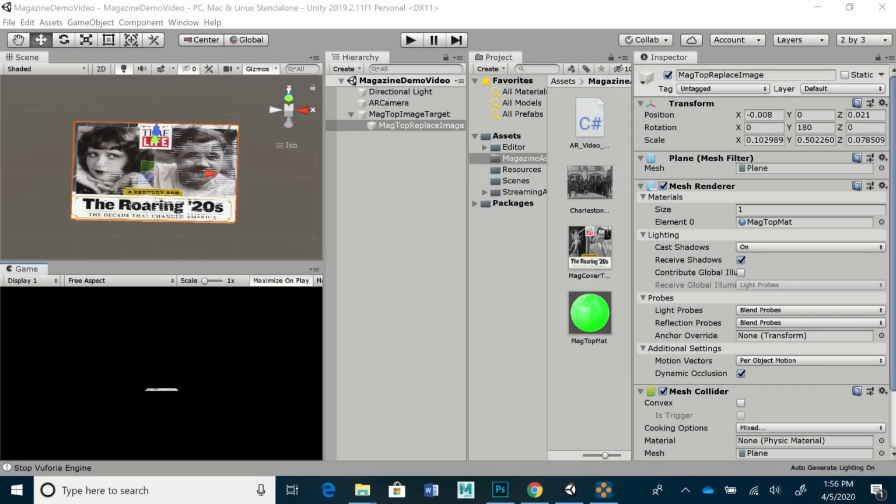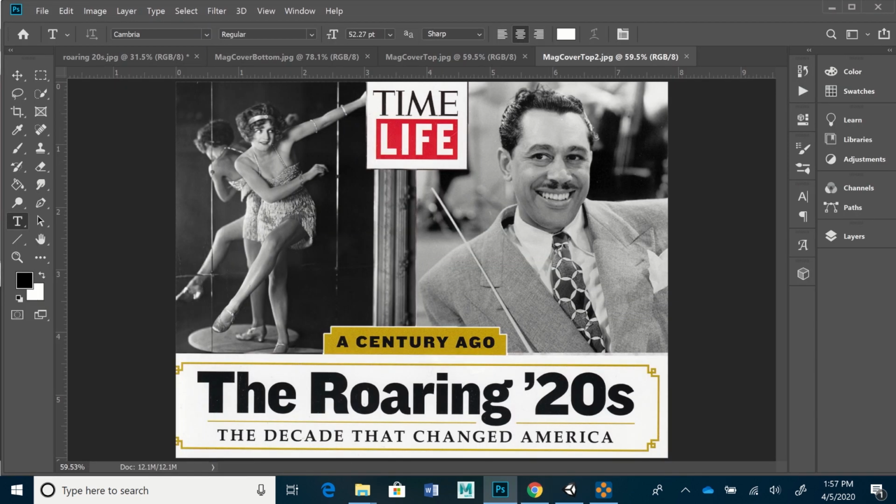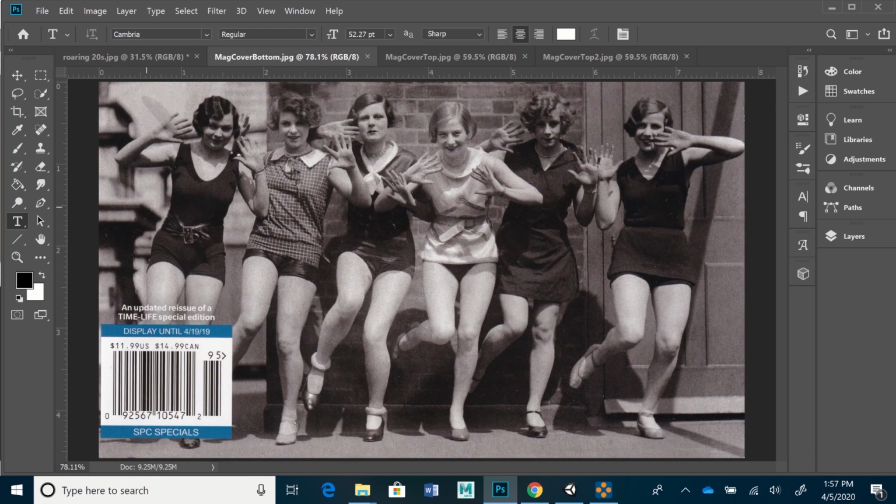This video is part 2 of creating image targets in Unity using Vuforia. In the first video, we created an image target that is replaced by another image. We made these inside of Photoshop. I scanned this cover of the magazine into Photoshop and then cut it up into a bottom, which we're going